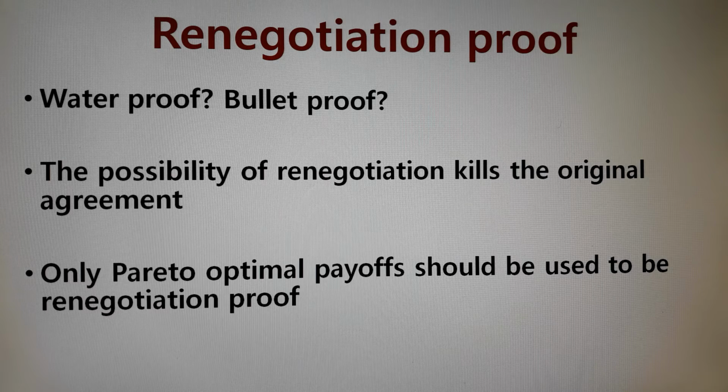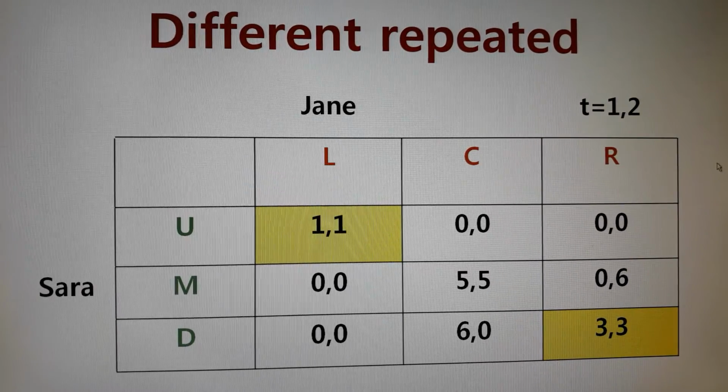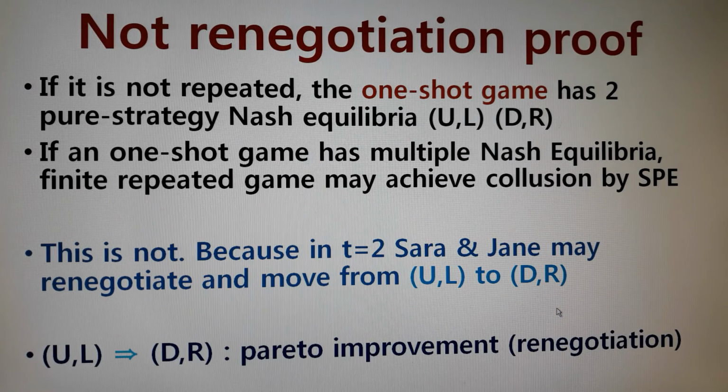We are going to have a look with our example. You may not understand right now, but only the Pareto optimal payoff should be used to be renegotiation proof. Okay, let's go to the twice repeated game we have looked at. There are two Nash equilibria in this one-shot game, UL and DR. And we used DR as the compensation phase and UL as a punishment phase in T2. So if you keep the promise M, C, then you get 5, then it will be DR. If you do not, then something like that. However, this cannot be